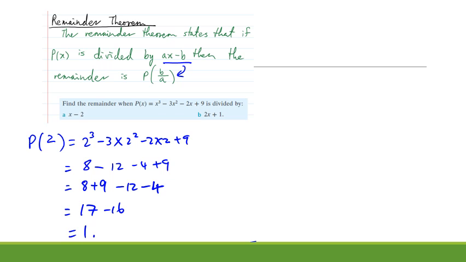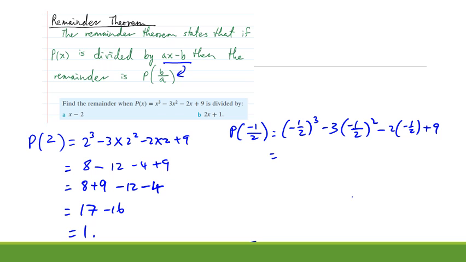If you have 2x plus 1, then again, check your rearranged form on the top. Because it's a plus 1, you have to put in a minus 1. It's always the opposite whenever you're plugging in something with x. And then there's a 2 in front of x, so you put in 2. So that's negative a half. Same thing, negative a half, cubed, minus 3 times negative a half, squared, minus 2 times negative a half, plus